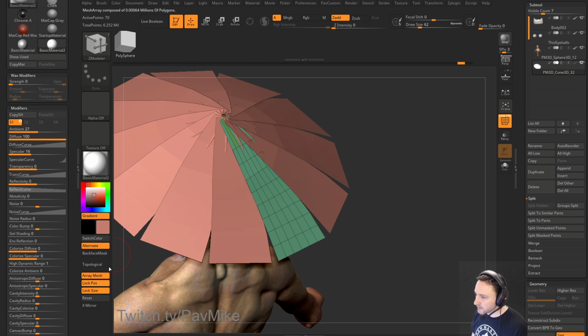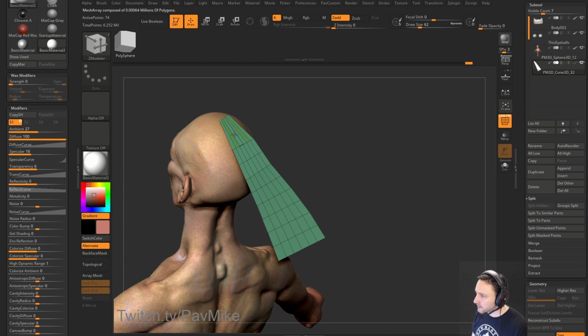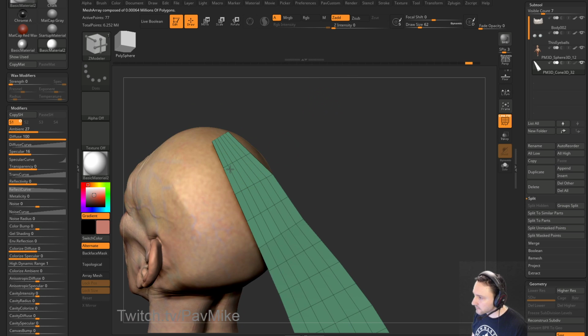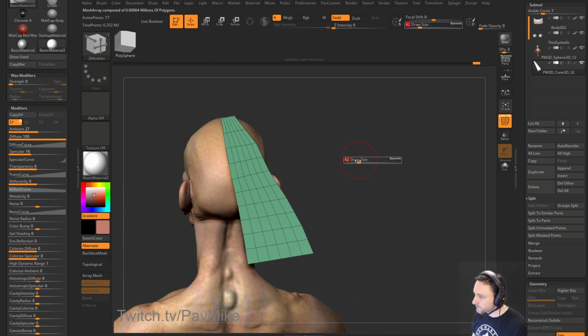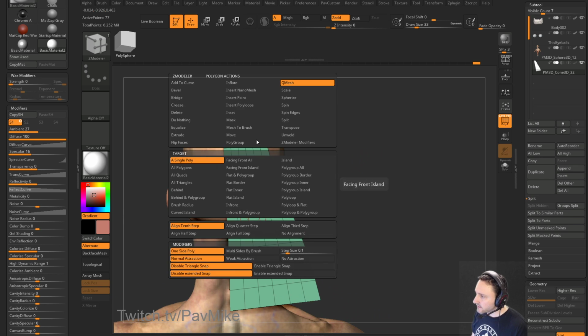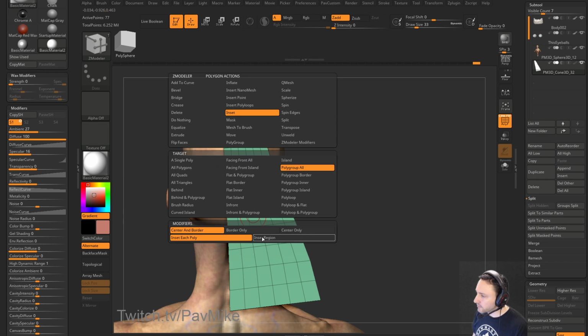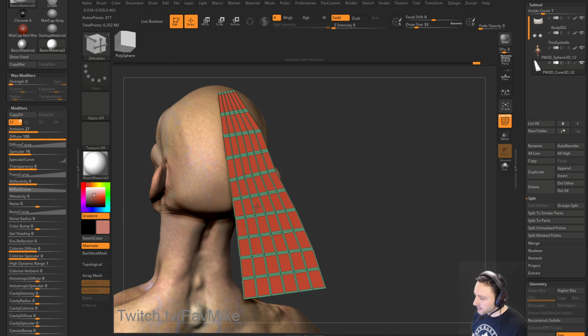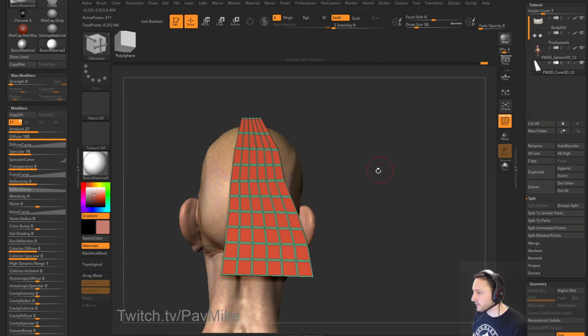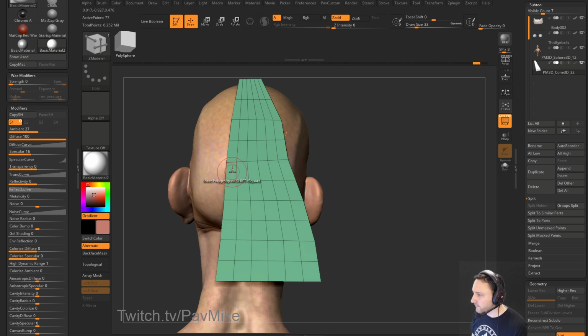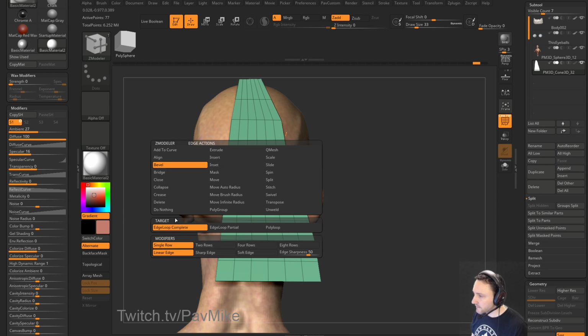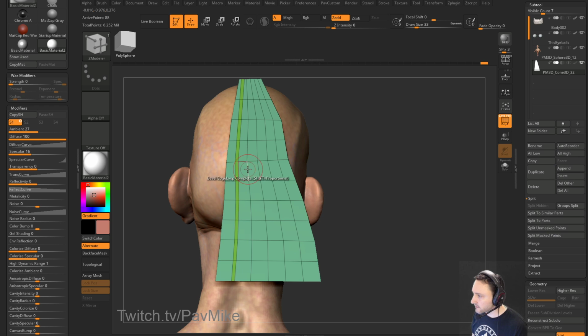Let's turn array mesh off. There we go. Okay. And then through here, we can say maybe inset polygroup all. And we can go through here and we can just kind of dial in some of that detail here. Is that really what I want to do? Let's wait on that one. Let's do this one. Let's say bevel edge loop complete, and we'll kind of start dialing in a little bit